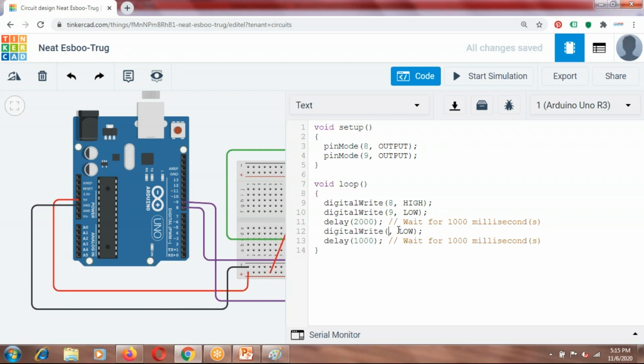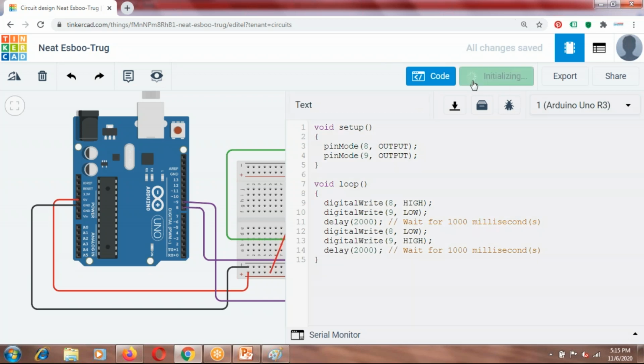So we are making pin number 9 high, and 8, which was earlier high, low. So digital write 9 comma high. This will simply rotate the motor after a delay of 2 seconds in either direction.